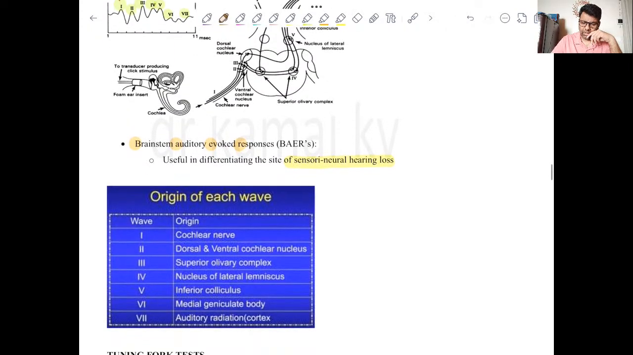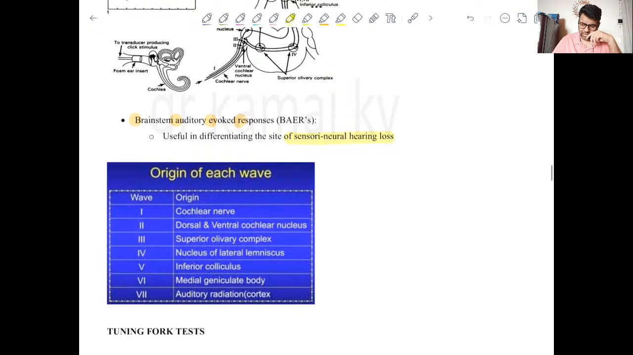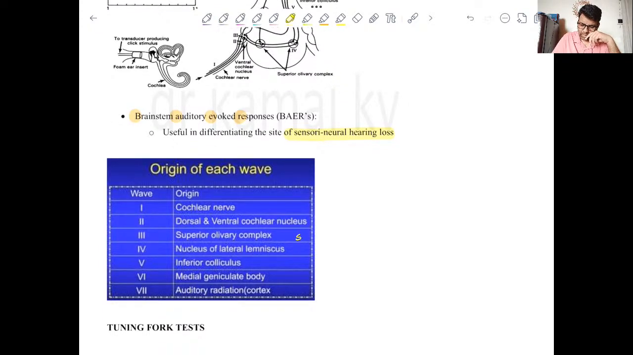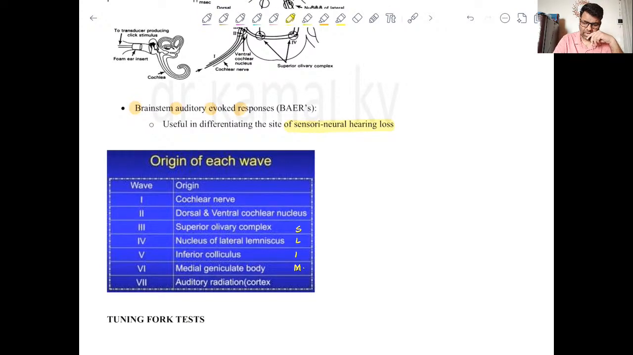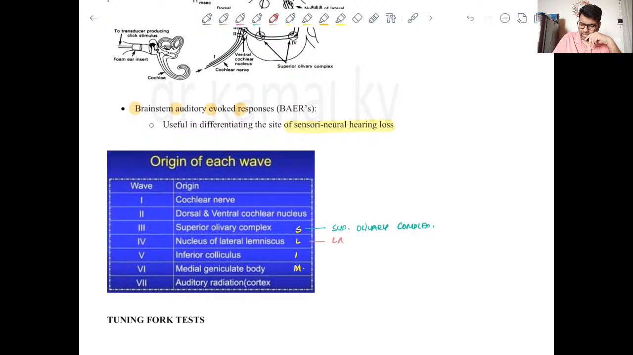Then also you can remember one mnemonic here. Clear? So you can remember this mnemonic first, so that will help you in understanding. So S is superior olivary complex. Clear? Then L is the lateral lemniscus. Remember, medial lemniscus is related to the dorsal column. Then I is